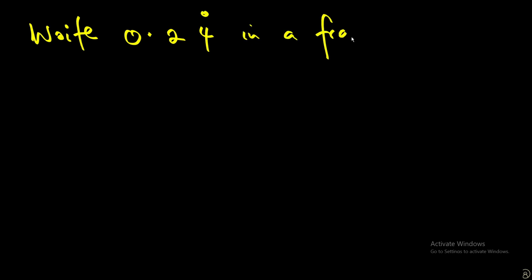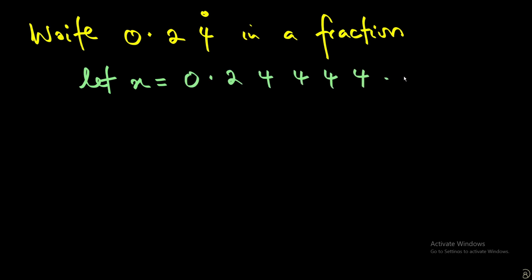So we have another example. We want to write 0.24 recurring as a fraction. So we're going to say let x be 0.2 with the 4 recurring. It goes on and on. Because 4 is a single digit recurring, we're going to multiply the first equation by 10. That's 10x, and also multiplied by 10, that will be